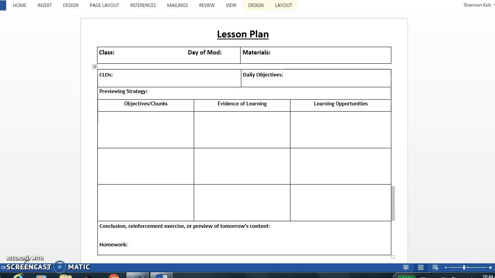So first, I'm going to ask that all of you create a lesson plan for one of your classes in the next week or so, if you haven't already done so, that uses this template. I'd like you to chat with one of your colleagues, make sure you're on the right track for using it, and then if you feel like you need more training, come and seek me out so I can support you in that,